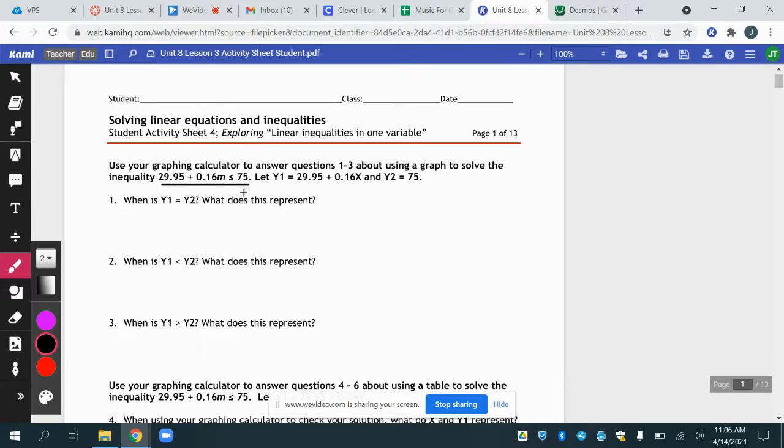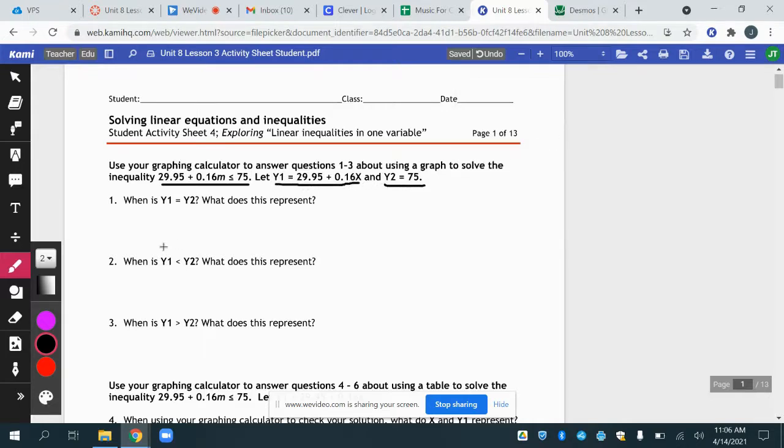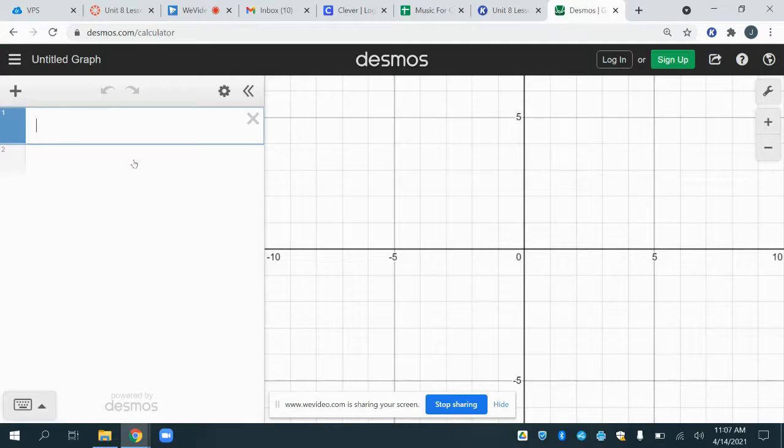this. We're going to let y1 equal the first half of that equation and y2 equals 75. What we're doing is these two things combine to make that. I hope that you see that. So we're going to graph this guy, y1 and y2, except I'm going to use just regular y. So y equals